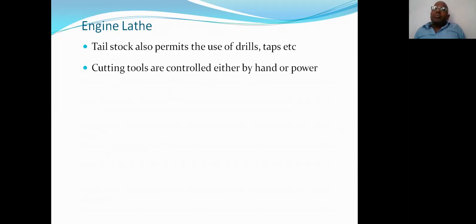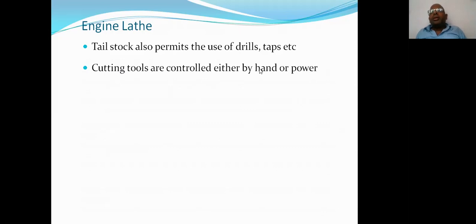In that case, instead of making all these gear arrangements to provide automatic movement for the cutting tool with the help of the carriage, and selecting the speed of the lead screw and so on, we can use hand feed. But for specific operations like thread cutting or knurling, we move the cutting tool with the help of power. Power means the carriage is moved with the help of the rotation of the lead screw. That is the purpose of moving the cutting tool with the help of power.